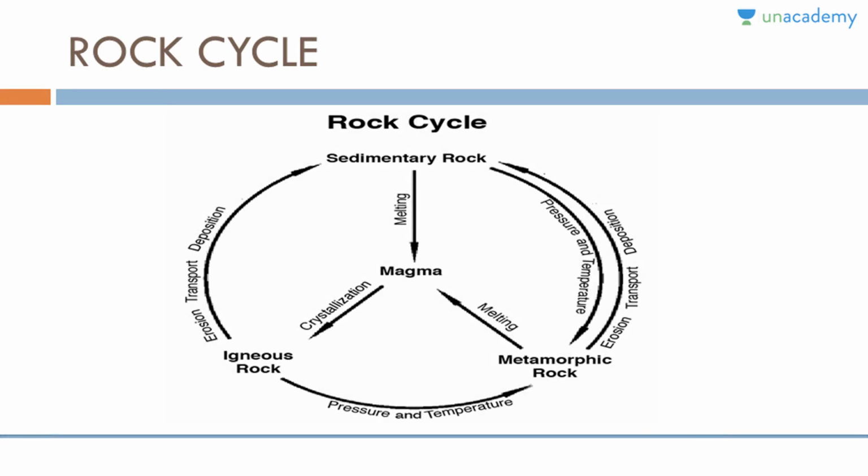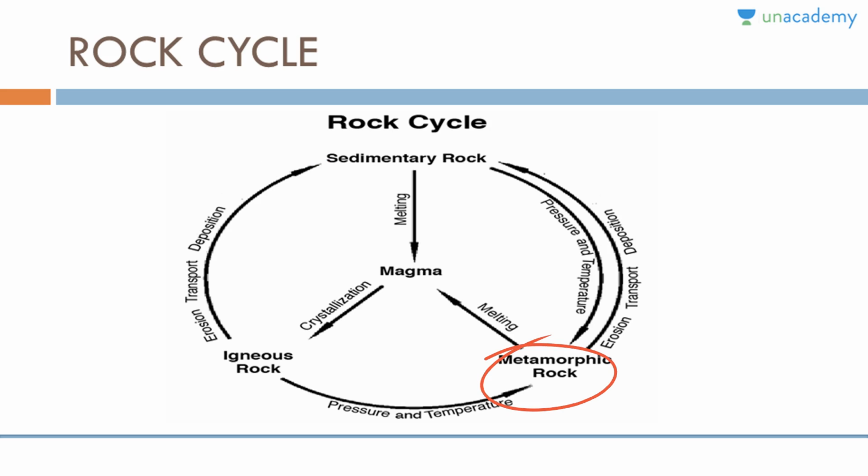Here you may see how rocks transform into either of three types. The sedimentary rocks, upon melting, convert into magma, which upon crystallization forms igneous rocks. Igneous rocks on erosion, transportation and deposition change into sedimentary rocks, and under intense heat and pressure change into metamorphic